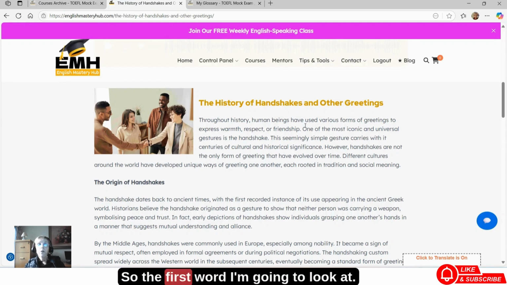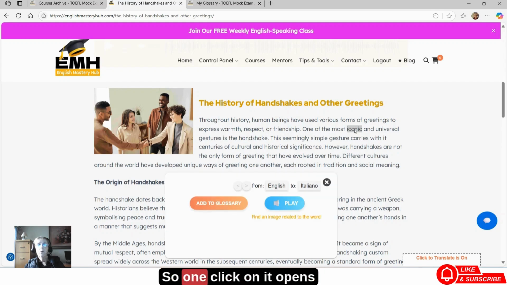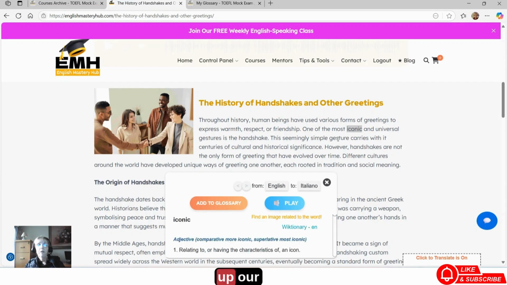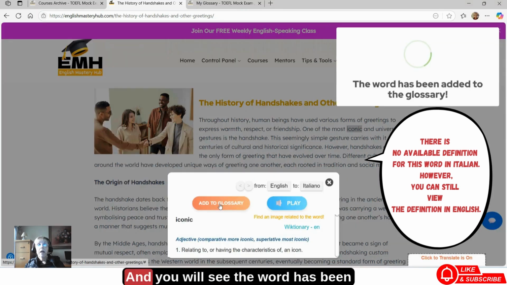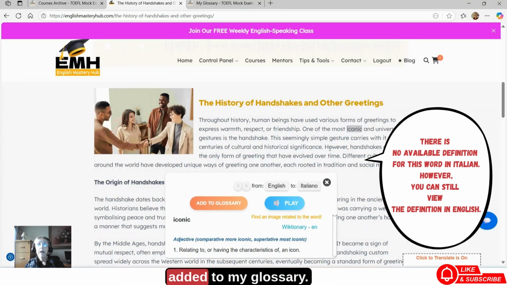So the first word I'm going to look at is this word iconic. What do you think iconic means? So one click on it opens up our glossary, and I'm going to say here add to glossary the word iconic, and you will see the word has been added to my glossary. You may push play in order to hear how the word iconic